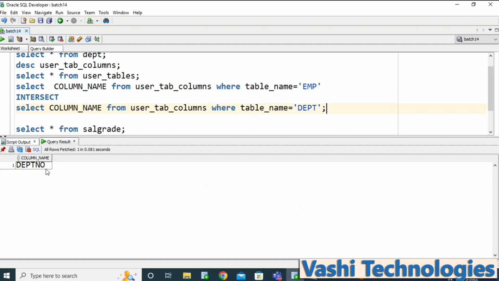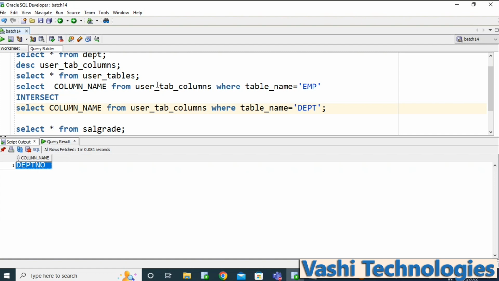This column is common in both tables. See, in this way you need to identify it.